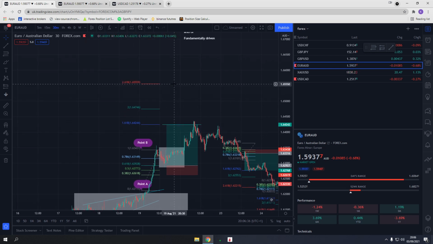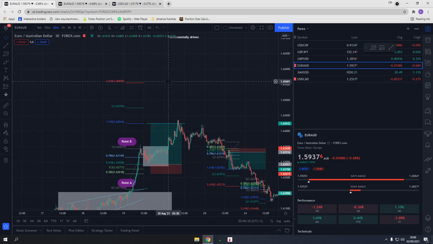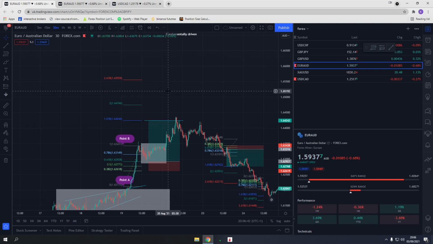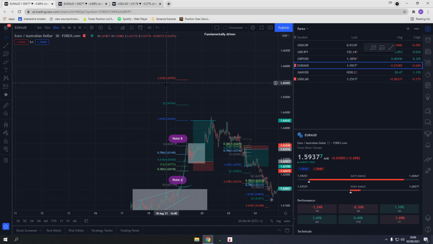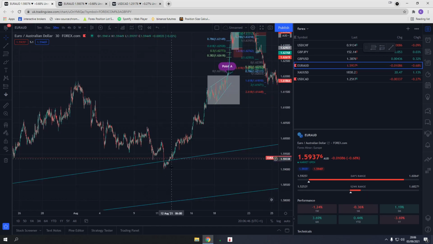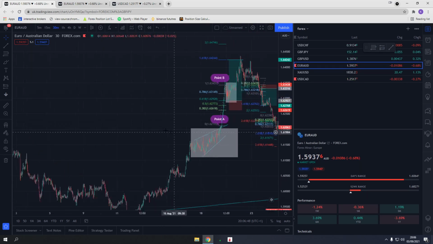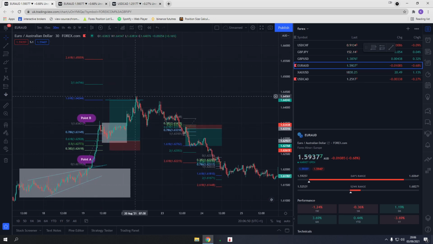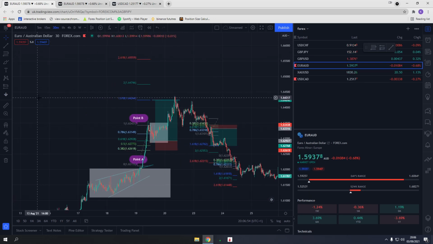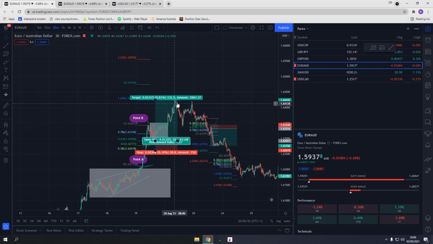Now some people go for the 2618 as a sort of 20% of their runners. They target them up here, and that's absolutely fine. A lot of the times it can actually hit, but you have to understand that we are quite overextended in this particular uptrend. And so it is quite a sensible option just going for the 1618 when you are on quite an extended